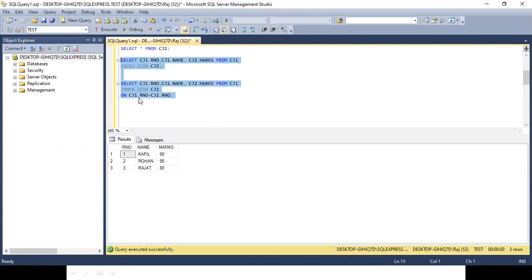I'm not talking about the output, but the queries in the cross and the inner join. The roll number? Roll number 1, 2, 3 is coming. I am again saying I'm not talking about the output.